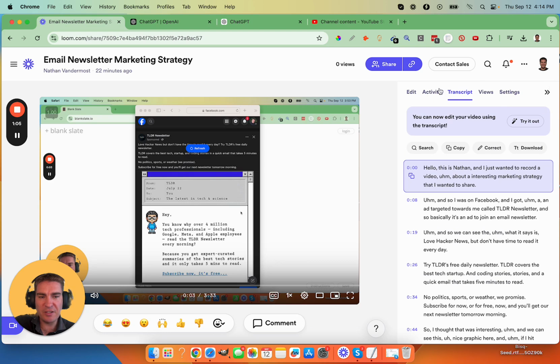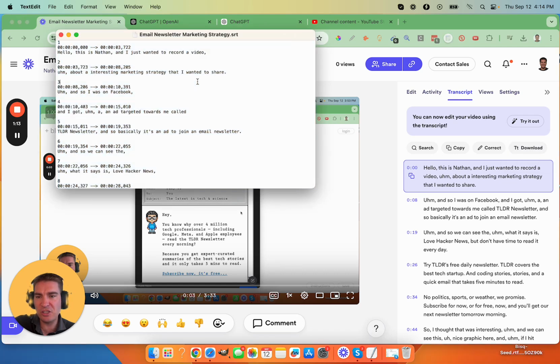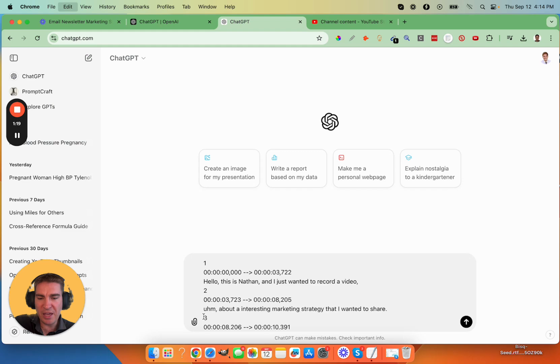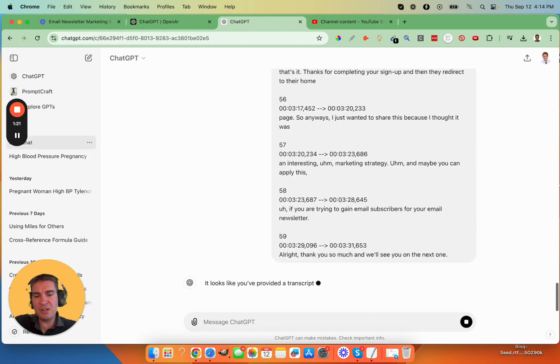So we have these different tabs here, and I'm going to download the transcript. I've already downloaded it, so I saved it to a text editor. So here is the transcript. I'm going to copy this transcript. I'm going to go to ChatGPT. I'm going to paste the transcript, and then I'm going to say